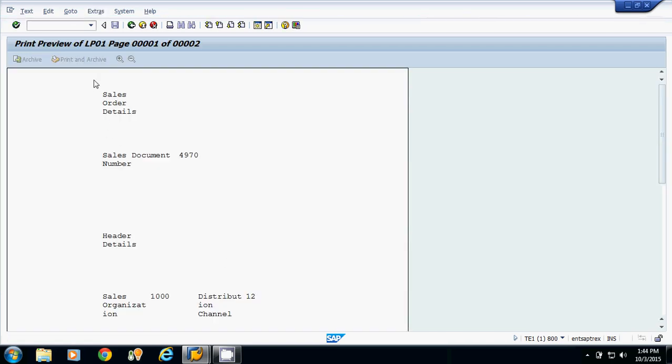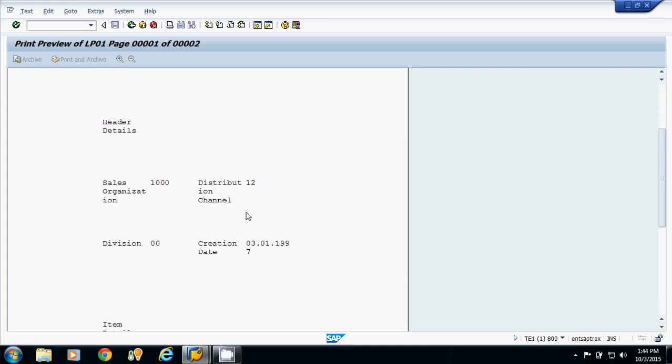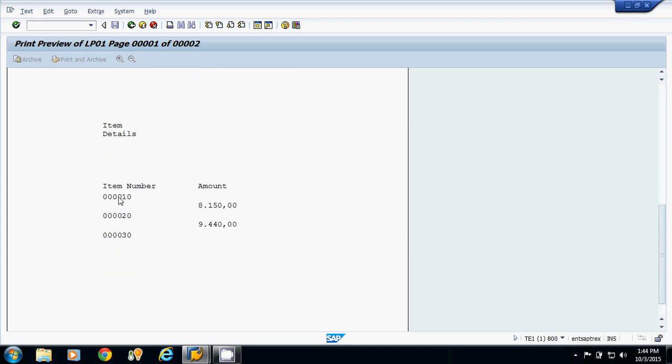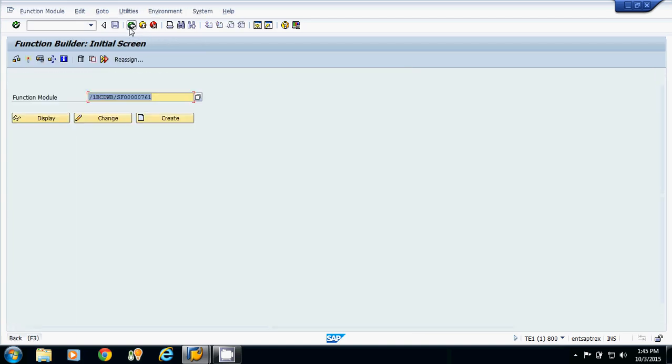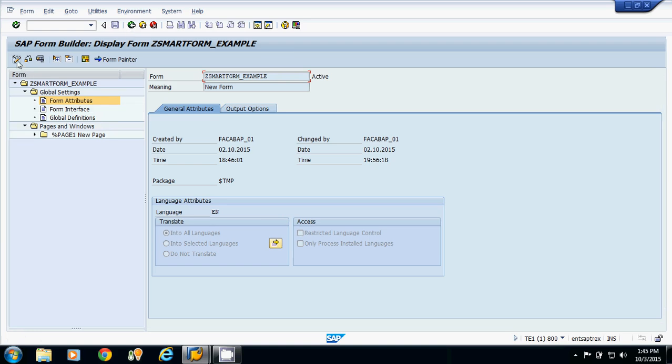Now there are no boundaries outside the window. Secondly, see, we have a total of 10 line item number, the amount is this one. 020 line item number, amount is this one. But for 030 item number, the amount is printing on the next page. If we click on the page down button, for 30 line item number, the amount is printing on the next page, and this is our 40 line item number amount. So whenever we have an amount field and it is not appearing properly, in that case, how can you print the amount in the correct format?